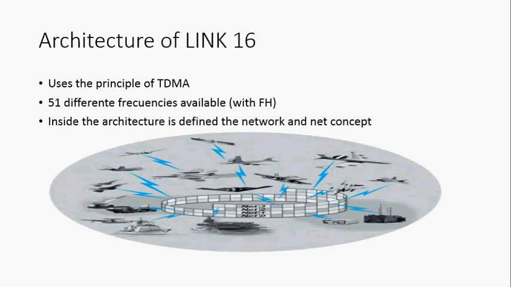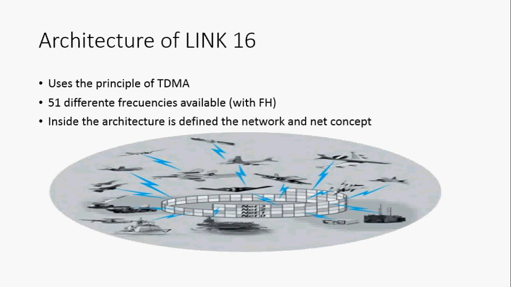So taking in mind the duration of 7.8 microseconds, inside the system we have 51 frequencies available, that later I will talk about, the spectrum and how those frequencies are located, the jumpings and those things. And the system uses frequency hopping, that is mainly to avoid jamming. As you know, the frequency hopping gives a pattern, and this pattern is jumping among all the 51 frequencies available on the system, so that avoids